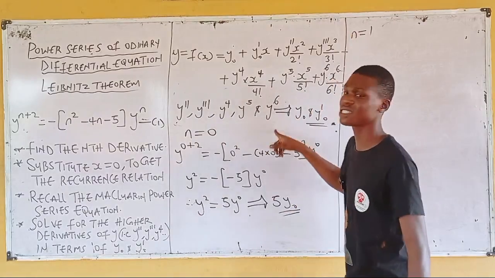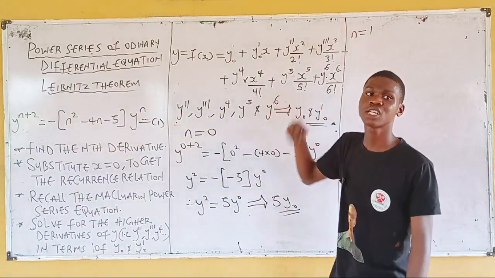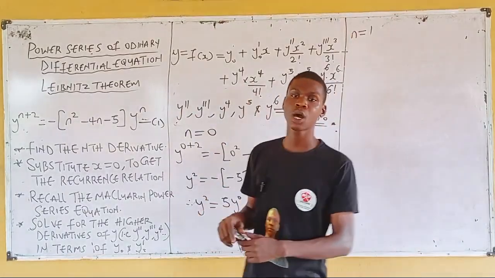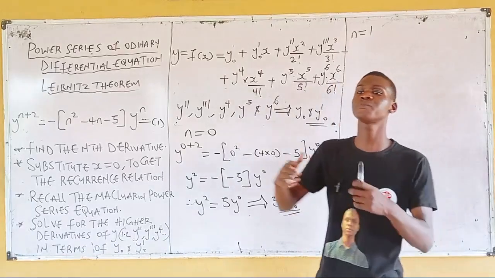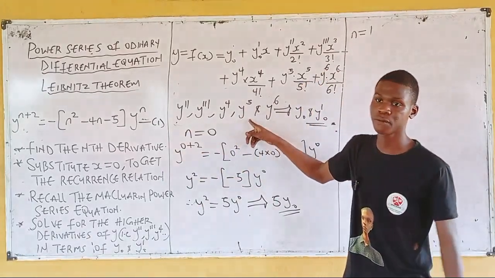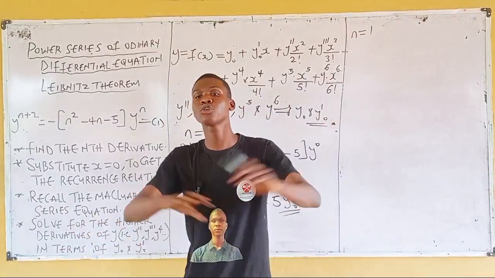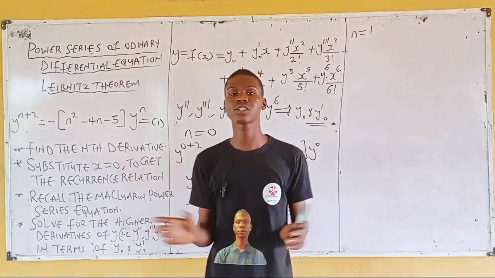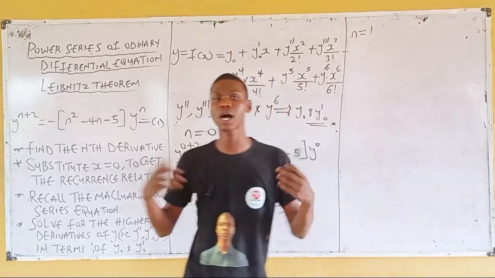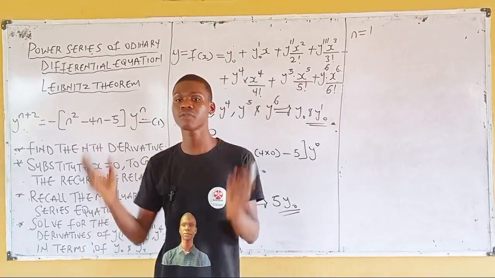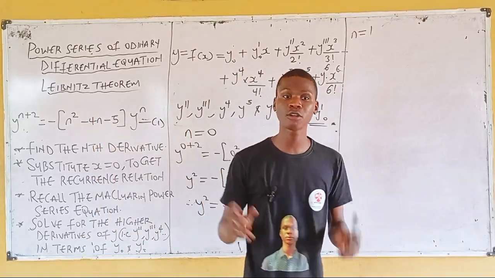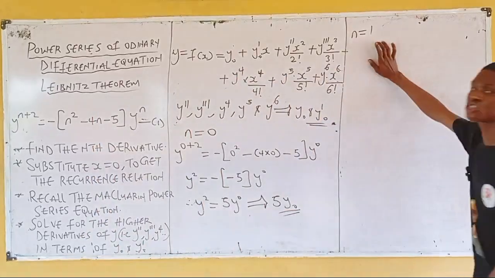I'm stopping at the sixth derivative because the question says to stop at the sixth power of x. What if the question says to stop at the fifth power of x? You stop at y raised to the power of 5. Or what if the question was not specific, meaning we are not told what value of x to stop at? Then it is our choice. You can stop at any value of x. Now, when n equals 1,